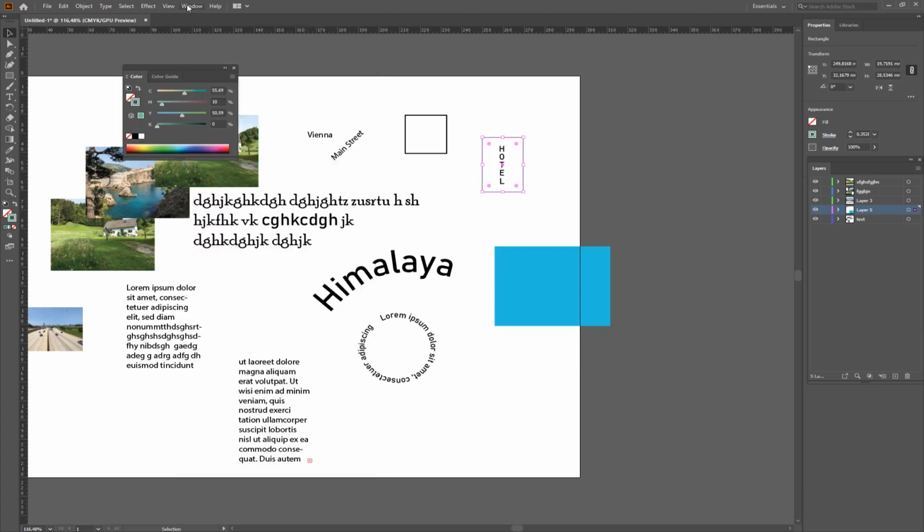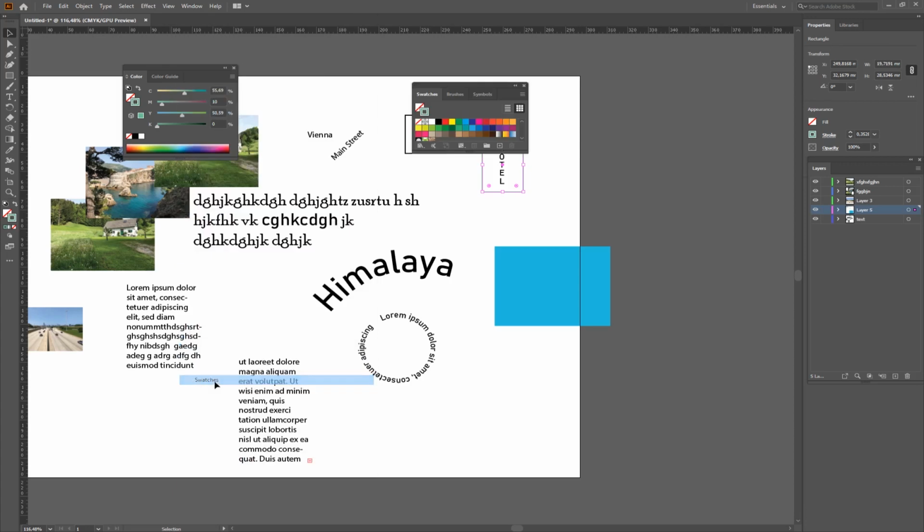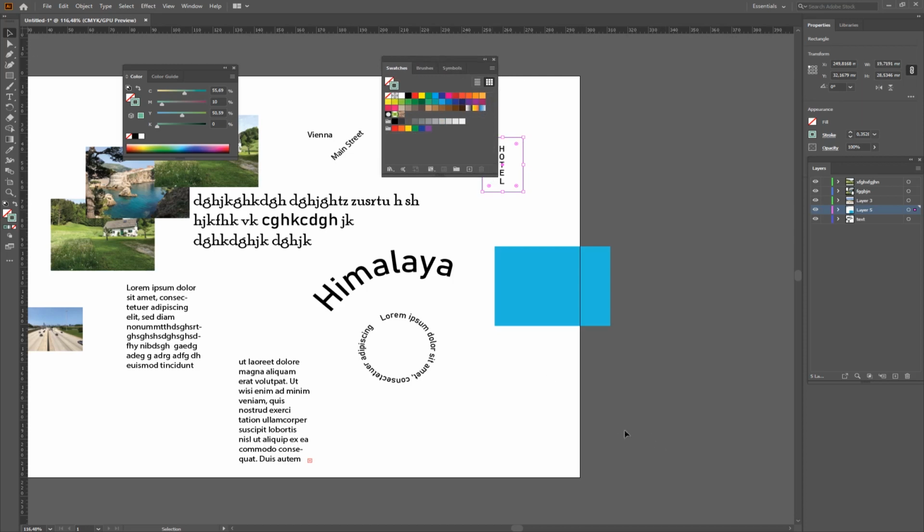No, that's the color. Sorry. The color guides. No, it's the swatches here. Here they are. If you have a document and you're always using the same colors, for example, this is a blue that I would like to use more often, then you can, let's select this element. Here is the blue color, and then you can take it and pull it into, here it landed, so there